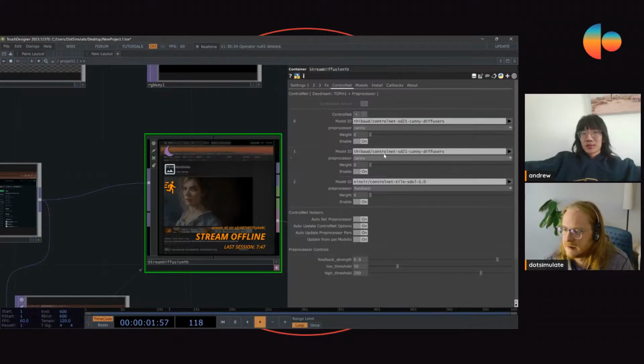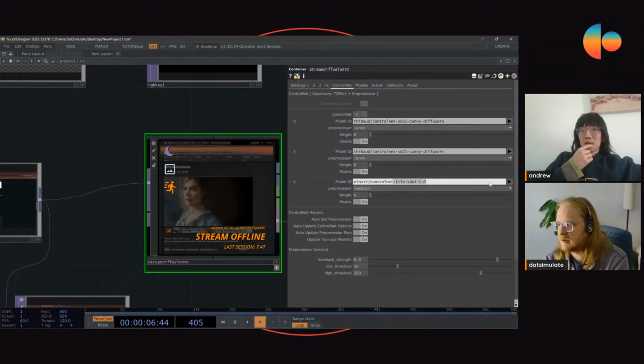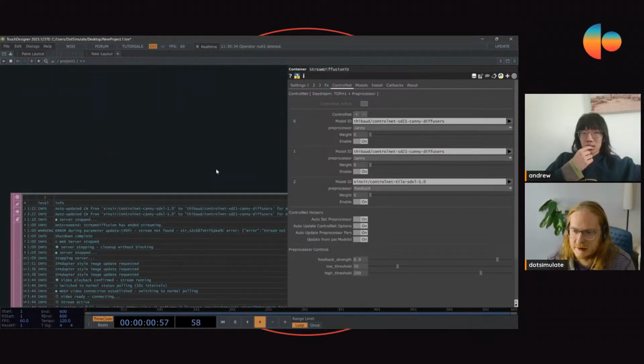And now we have 2 things, which are canny diffusers, which I just switched to canny right there at the very last second. So they both switched to canny, but then the SDXL tile doesn't have a compatible twin in 2.1. So there's probably some sort of warning